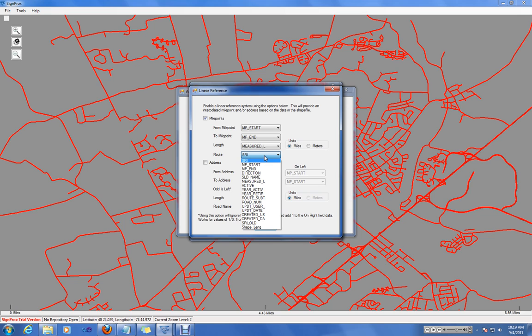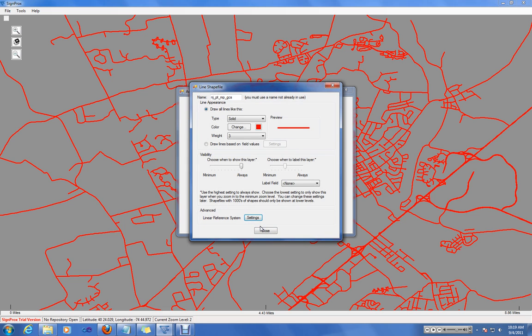You also want to identify the route by some unique identifier. In this case, we're going to use roadway number. So we have a start mile point, an end mile point, a measured distance, and a road name. Click Close,